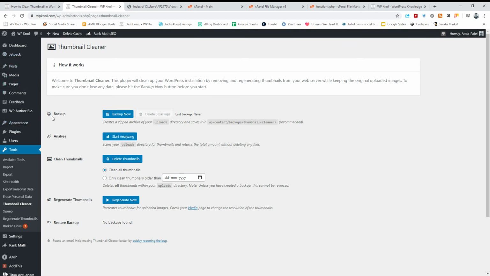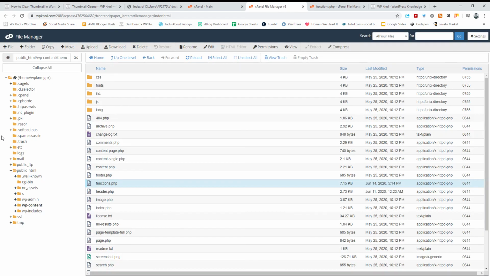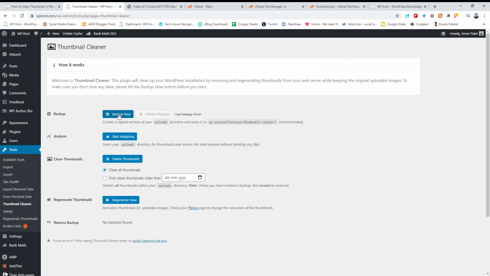Before cleaning the thumbnails, first you have to back up, and this backup will be stored under wp-content, thumbnail cleaner, meaning in your hosting cPanel under the wp-content folder. When you back up, it will automatically save there. Backup is very important because if some consequences happen, you will have the backup and you can upload those thumbnail sizes back to your media folder.